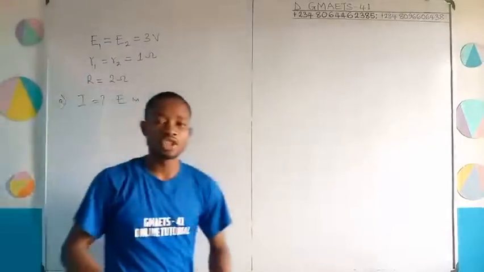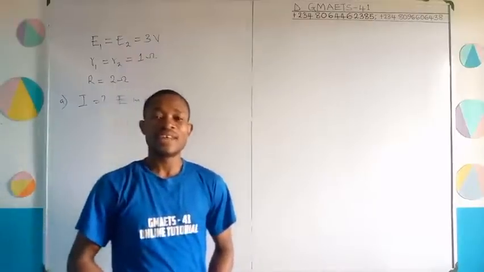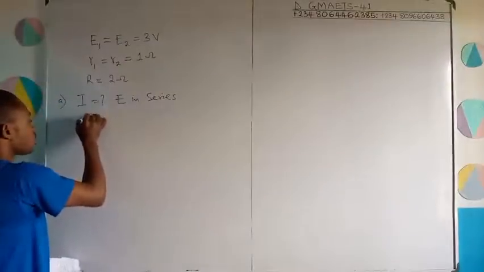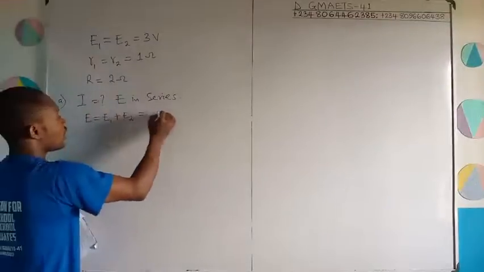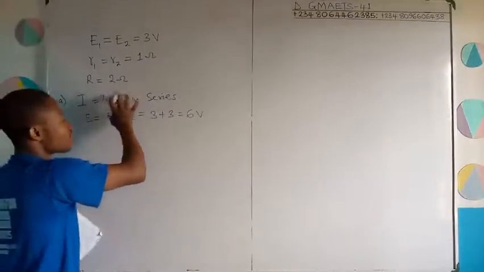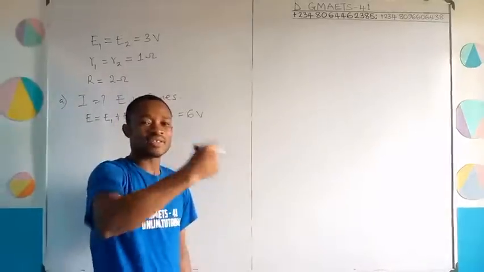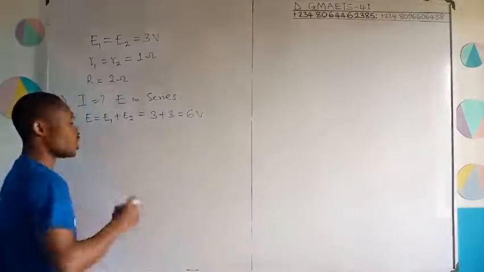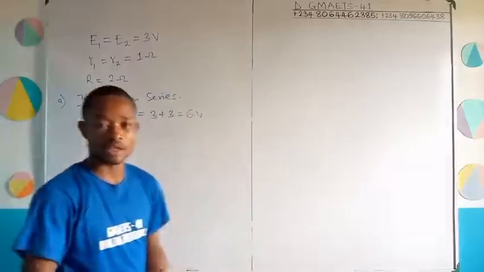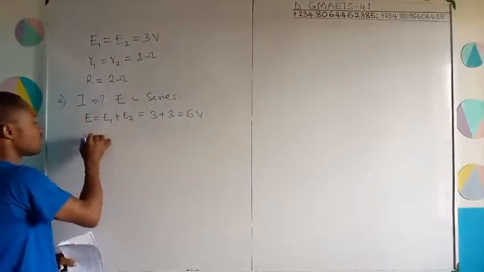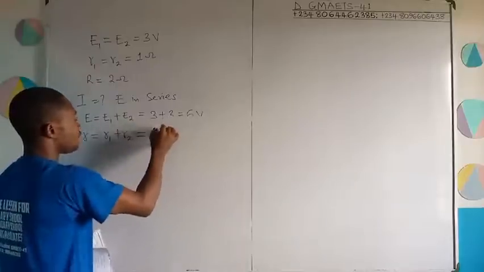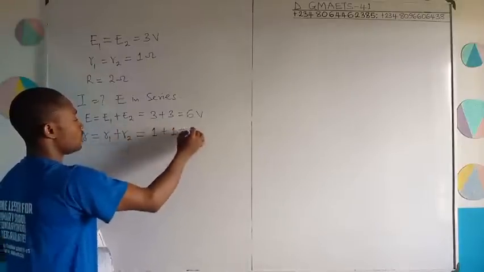For series connection, you should know that the electromotive force will have to be added. So we have that E is equal to E1 plus E2. That will give us 3 plus 3, which is equal to 6 volts. Then again, since these cells are arranged in series, the internal resistance will also be in what? Series. So you have to obtain the effective, the combined internal resistance of the cells in series. And when resistors are connected in series, simply add up the resistance values. And so we're going to have 1 plus 1, since each of them is 1 ohm,